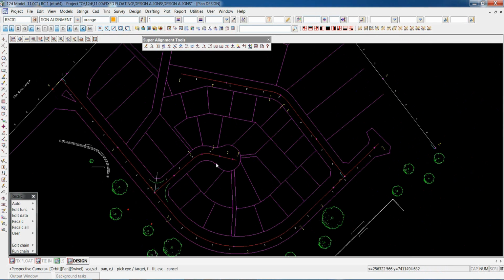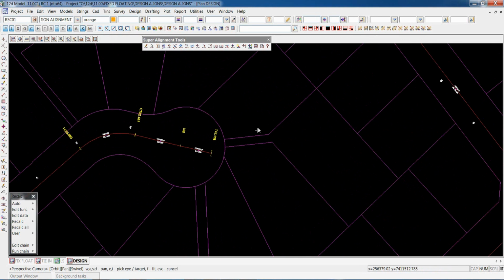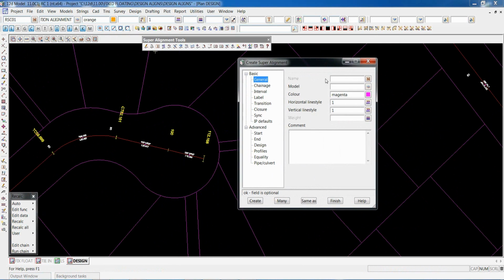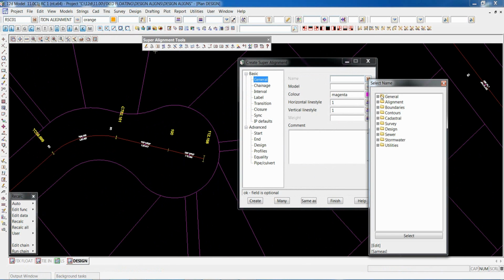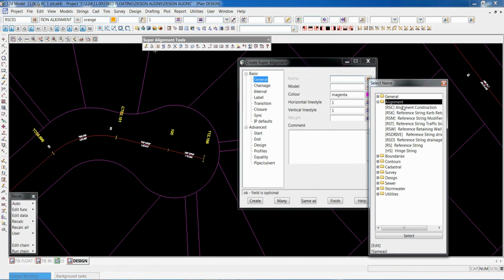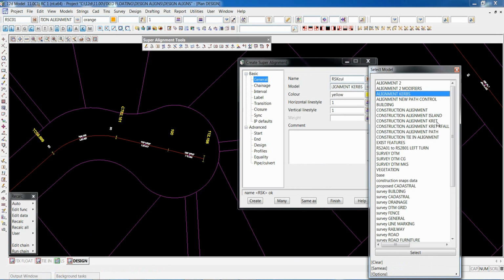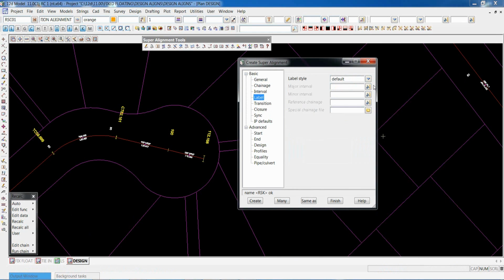We can then go up to our fixed compound, and again we can continue that through onto a cul-de-sac. Again, we look at our label.